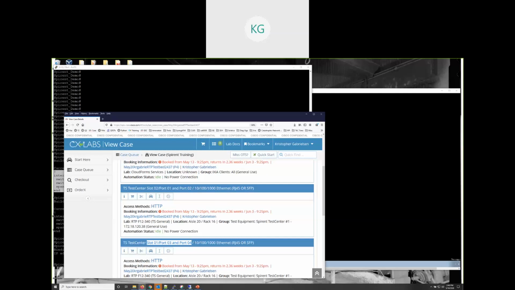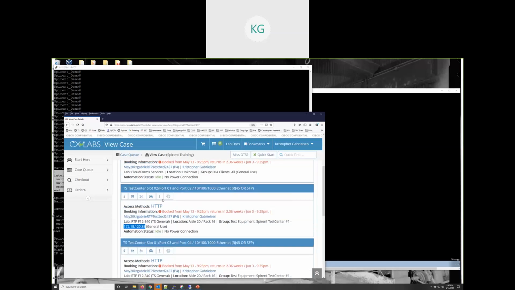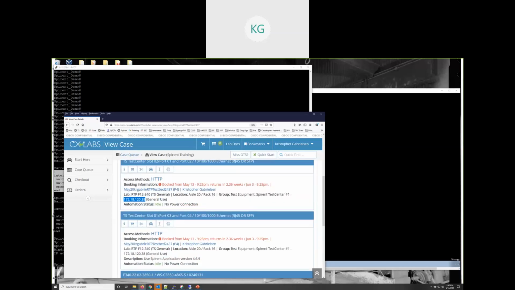Now in my background, I've got the Spirent ports that have been given to me by Kalo. Generally speaking, these are going to come in pairs. So this is slot 2, port 1 and 2, as well as slot 1, port 3 and 4. Now this particular example, I'll be using one port from each of these pairs, but generally speaking, you'll just use both ports from the same pair. It's also important in this output, make sure you highlight or copy the actual chassis IP that is associated with these two ports. In this example, both ports 3 and 4 and 1 and 2 are both on the same chassis,